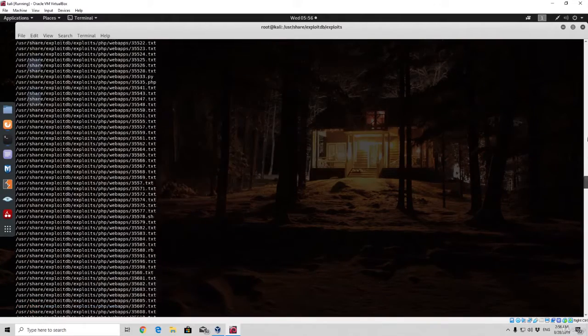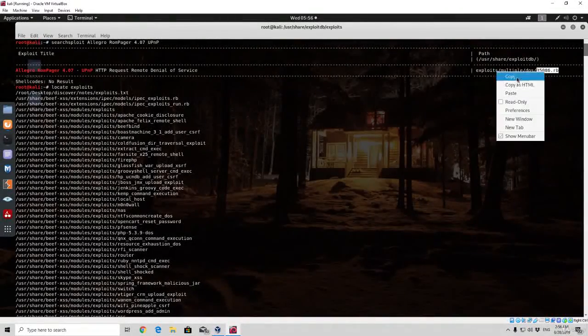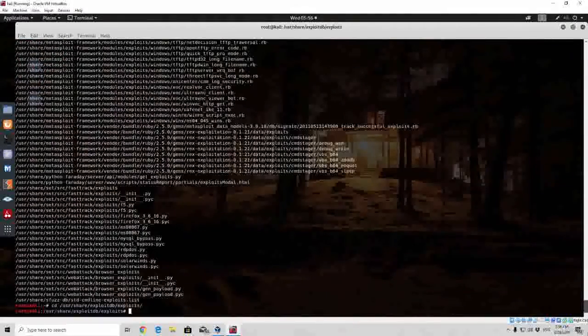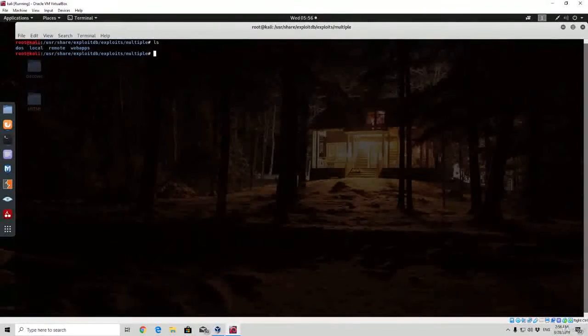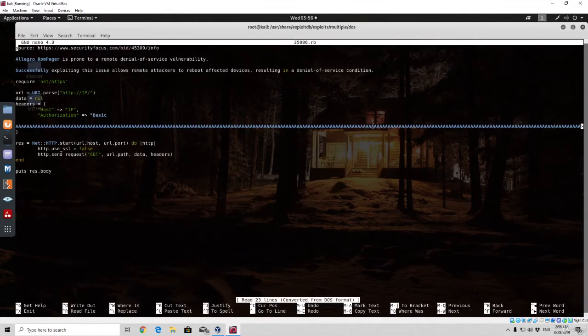And what I'm going to do is cd to there. Let me just see what the remaining directories were. So multiple and then DOS, and I will copy this name right away so I don't have to remember it. I will change my directory to multiple/dos. So cd multiple. Let's clear the screen, and right here cd to dos. And if I simply type nano and then paste the name of the file, it will open up